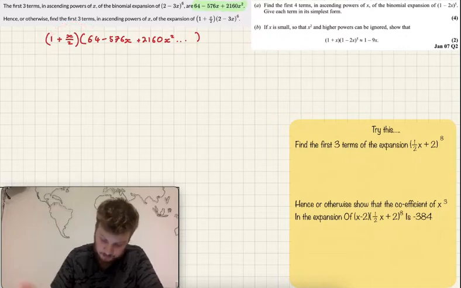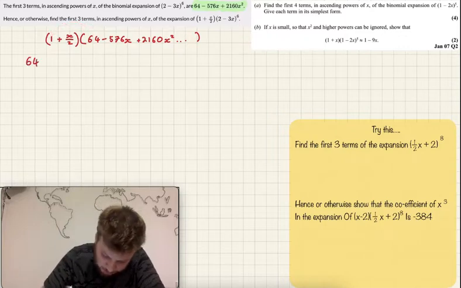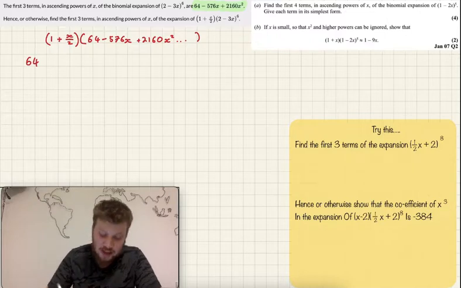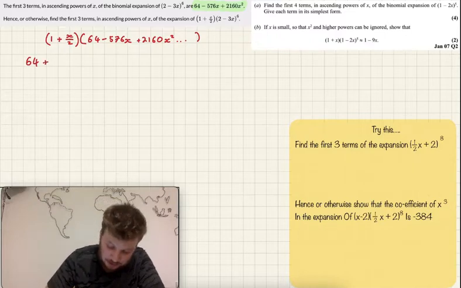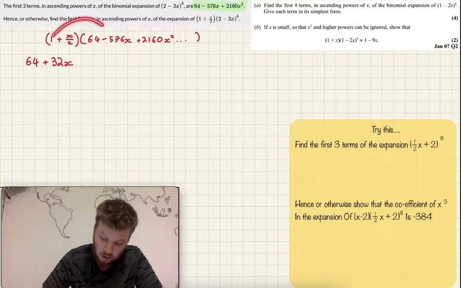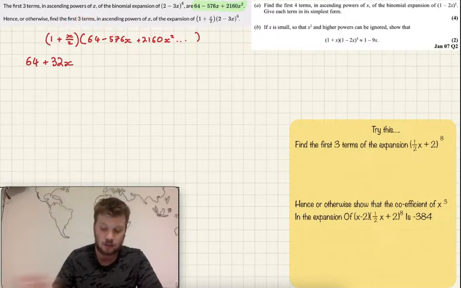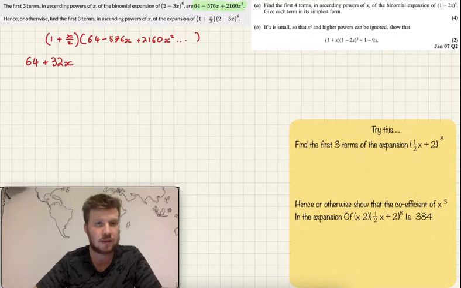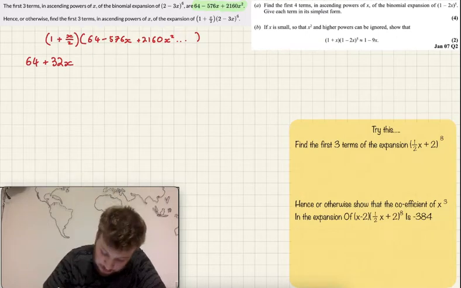So 1 multiplied by 64 is 64. Going through again, x over 2 multiplied by 64 is going to give me plus 32x, because again, remember, I'm multiplying by the x. Then I do the same thing again. I just look at 1 multiplied by negative 576 and x over 2 multiplied by negative 576. So doing that, that's going to give me subtract 576x